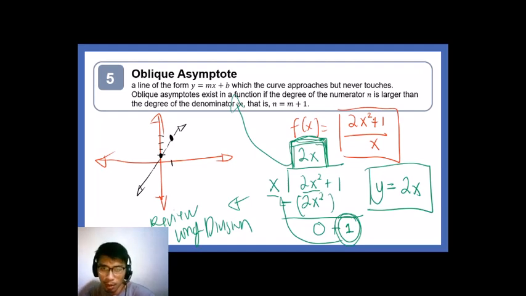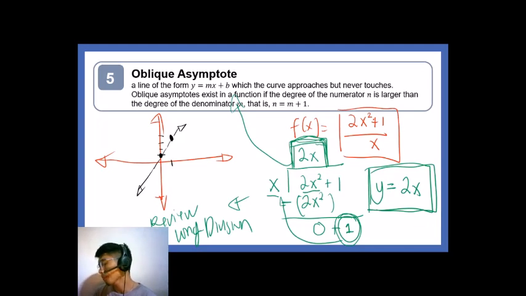So here in my problem, what is my quotient? That is 2x. So that 2x will be considered my oblique asymptote. So that is y is equal to 2x. What is my oblique asymptote? That is y is equal to 2x, ladies and gentlemen. So those are the oblique asymptote, but those are the asymptotes that we need to consider in solving